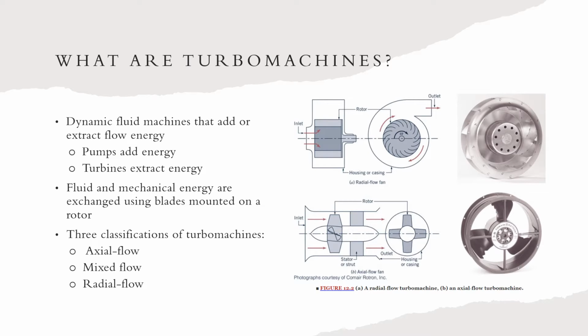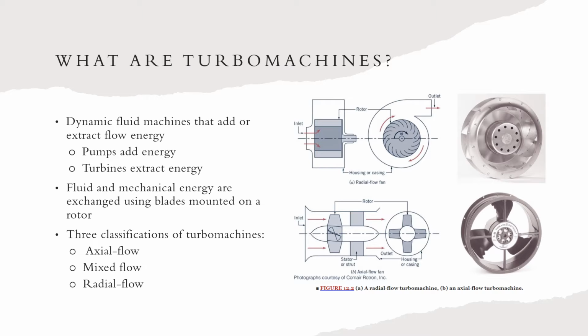First, I would like to briefly introduce what turbo machines are. Turbo machines are dynamic fluid machines that add or extract flow energy from a fluid. Pumps add energy to a fluid and turbines extract energy from a fluid. Fluid and mechanical energy are exchanged using blades mounted on a rotor. A fluid that is moving can force rotation and produce shaft power, or we can exert shaft torque and force